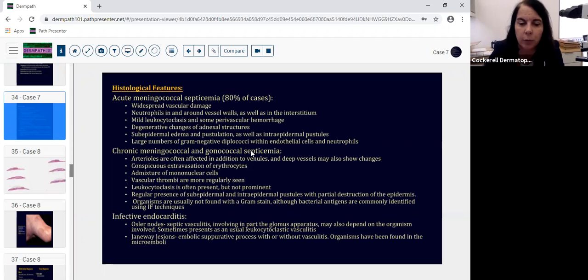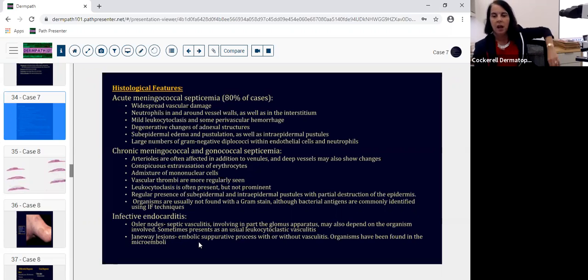There's a regular presence of subepidermal and intraepidermal pustules, partial destruction of the epidermis, and organisms are usually not found with meningococcal and gonococcal, although bacterial antigens can be stained with immunofluorescence, and we can use immunofluorescence to detect the organisms there. Infective endocarditis, obviously you see the painful Osler nodes on the hands and feet, and the Janeway lesions